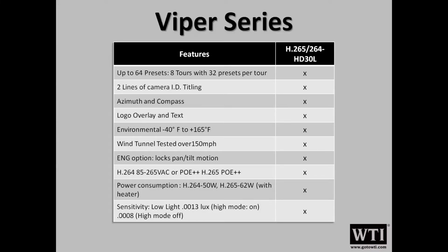Next slide there, Lester. This shows the different things within the camera: 64 presets, 8 quarter, 32 presets before, 2 lines of camera titling, built-in azimuth and compass, and logo overlay. Again, we've talked about the environmental range of minus 40 to 165 degrees. All the cameras are wind tunnel tested to 150 miles per hour, so very durable in that situation. We also offer an ENG brake option, which is currently being utilized in a lot of locations on their service vehicles. WashDOT uses them on some of their service vehicles. If you have areas with very high winds, like gusts, it guarantees that the camera is not going to move. It literally puts a lock on the motors so that they are not going